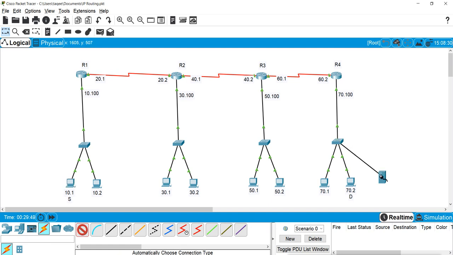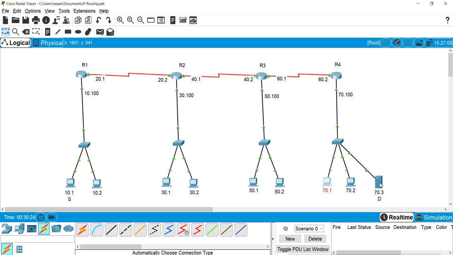So here I connect this. Now I will give the IP address to this server, 70.3, and now this will be our source. This will be our destination. Now why am I choosing this server here? Because in this server we have multiple services running, and we can configure those multiple services, and we can see whether it is working or not after blocking.